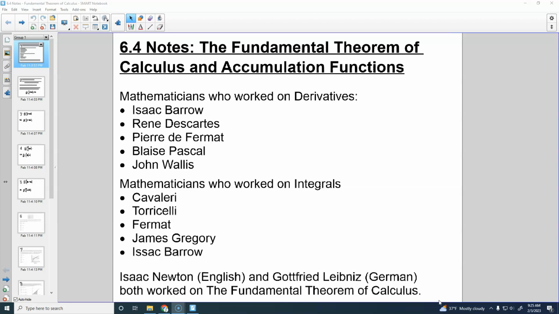So then Newton accused Leibniz of stealing his work. And once Leibniz had published his work, Newton published his work and was like, hey, he stole this from me. And Leibniz said, no, I didn't steal it. This is my own work. You stole your work from me. And they hated each other.